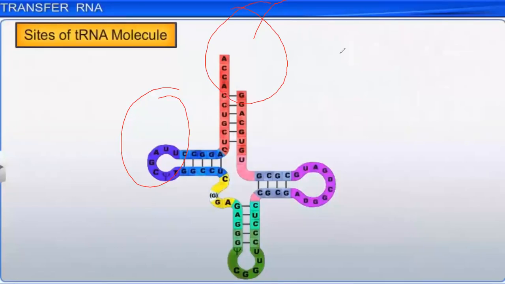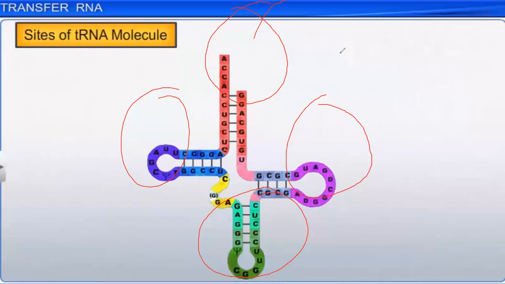This part of the tRNA is the arm which recognizes the enzyme to bring the amino group from the cytoplasm so that it becomes activated. And then this part of the tRNA actually recognizes the messenger RNA. So the three bases present here are the anticodon, which will be complementary to the mRNA, where it can go and sit.